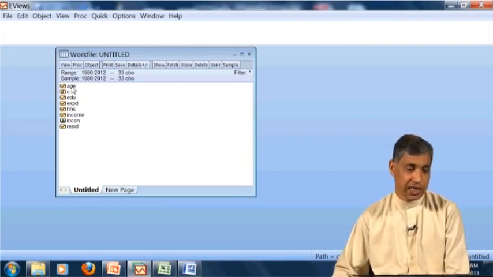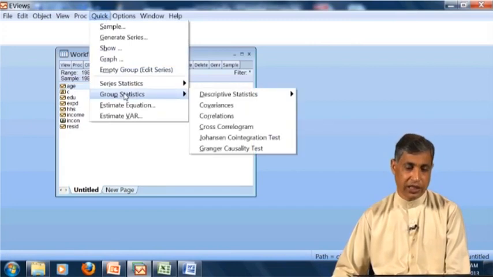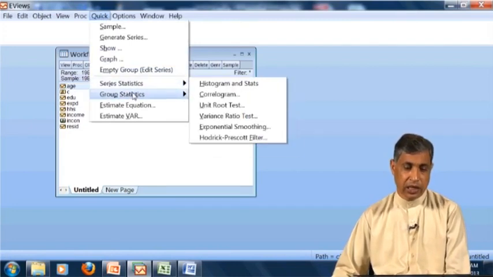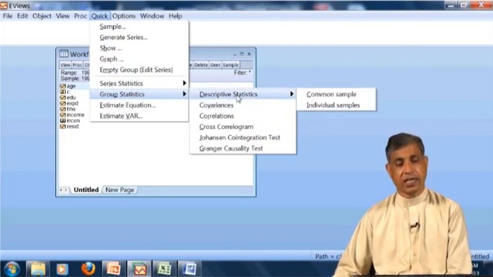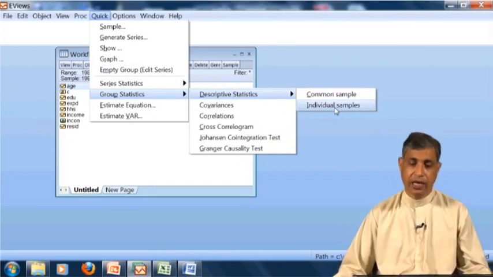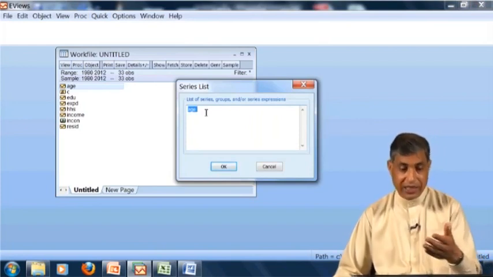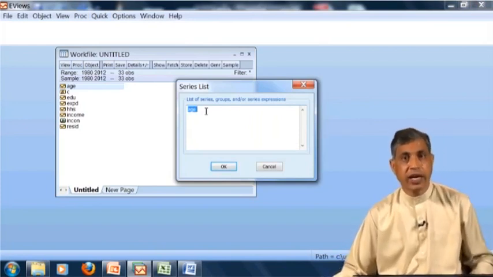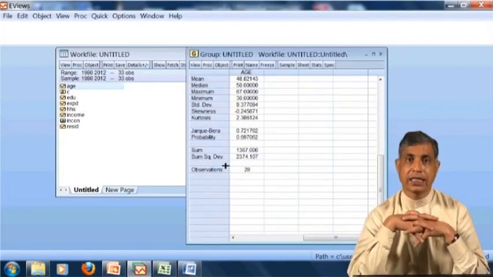For example, if I select this age and go to Quick, Group Stats, and Descriptive Stats, Individual Samples, since I have selected only one variable, it asks whether this is for age or other. I say okay.